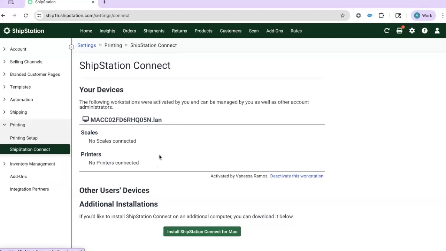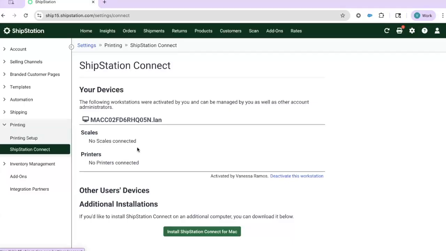The other thing with this, you can also share printers with everybody on your team. So even if they're not connected to that printer, if it's shared with them, they'll be able to send those labels to whatever printer is connected. Also with sharing printers, if it's just you, but you're maybe on a trip or something and you need a label printed and somebody's going to ship the package for you through your ShipStation account, you can log in, create a label, and then it'll send it to that shared printer,